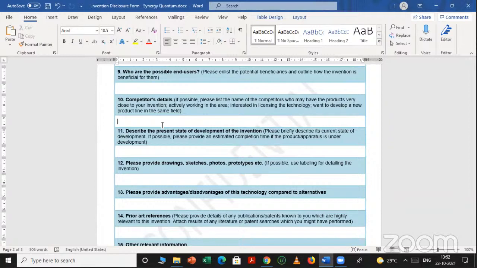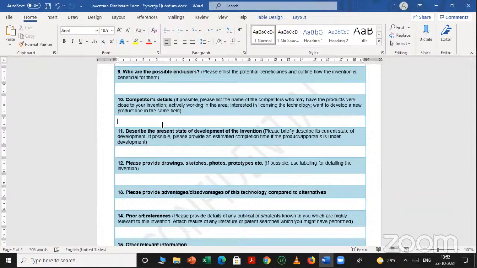Considering most of you gentlemen are university researchers and professors, you might be working on some sort of UGC funded projects. So you have to mention that detail here. You have to describe the current state of your development, or whether there is an estimated completion time related to your product or apparatus, or your research